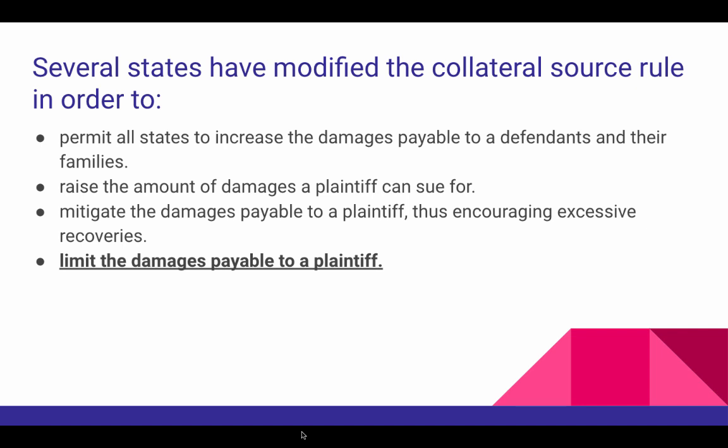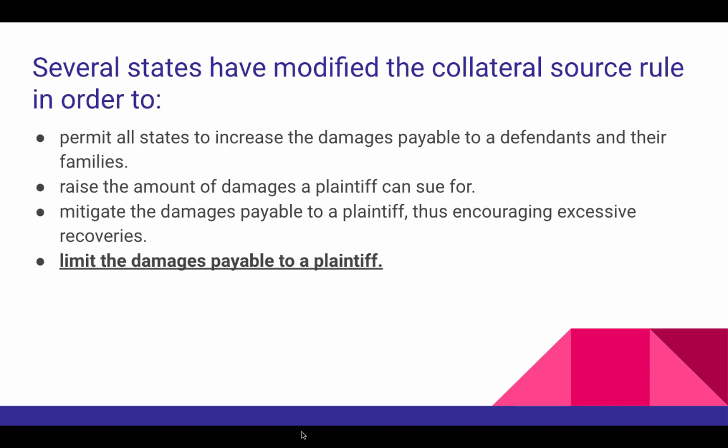So the collateral source rule generally stated that there's a doctrine with regard to collateral sources, and what it said was that within a single malpractice action, the court could not look at monies that the plaintiff may have been receiving from other sources. So, perhaps their health insurance, or other types of insurance that they had, maybe like AFLAC or those types of things. Or maybe they had a different lawsuit suing someone else involved in the case.